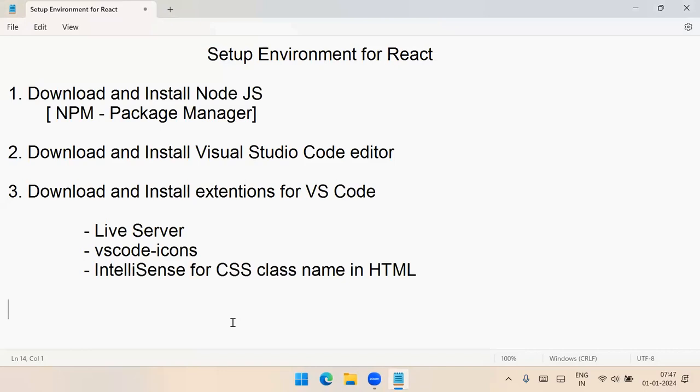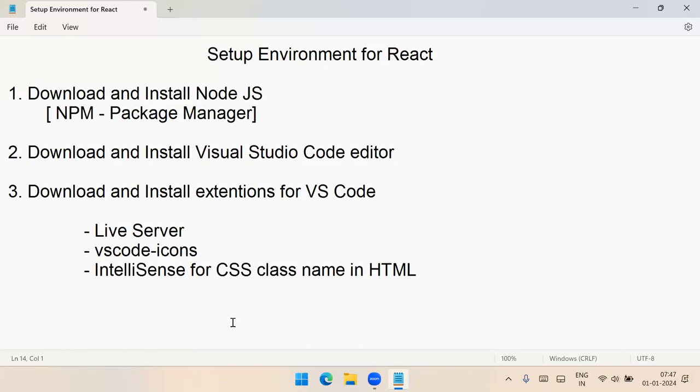So you can download and install all these extensions. These extensions will help you in working with the project. Everyone already working with web designing basically has some of these. So Live Server is for running our projects and